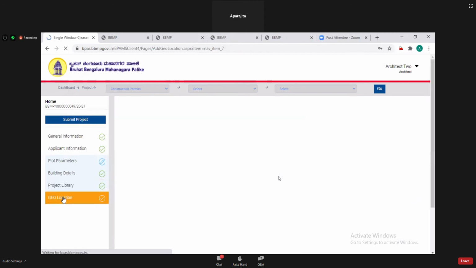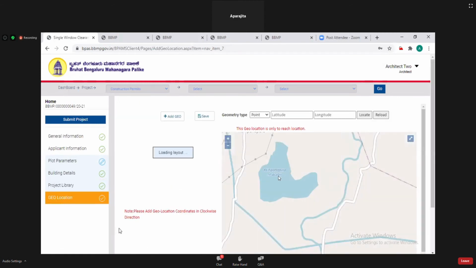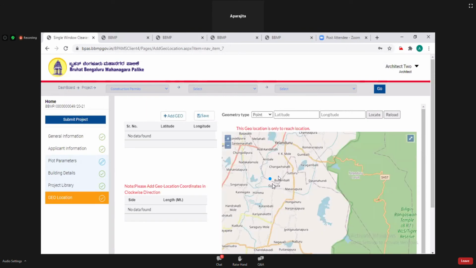After that, you have to mark your plot location with the help of geolocation.